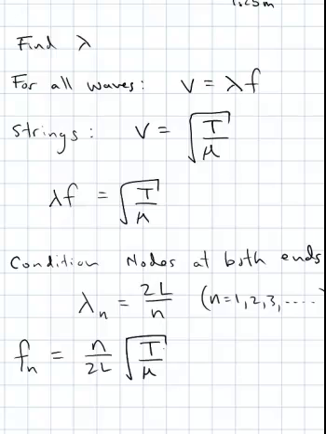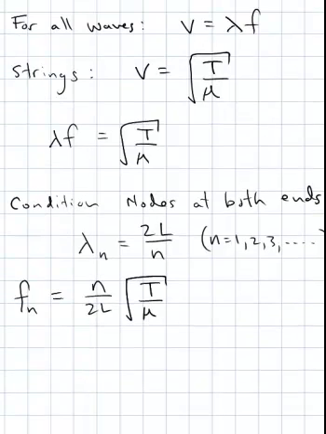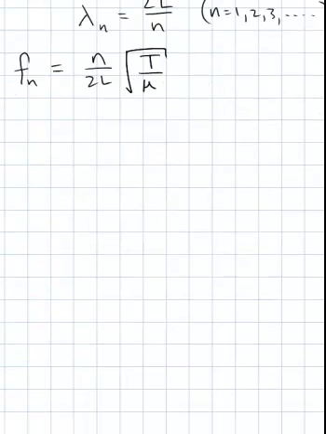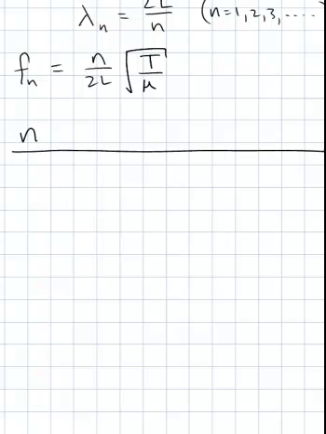Now what I'll do is I'll find the first few frequencies for each, and I'll see where I get a common frequency. So let me move on down here, and I'm going to have my n value. I'll make a little table,